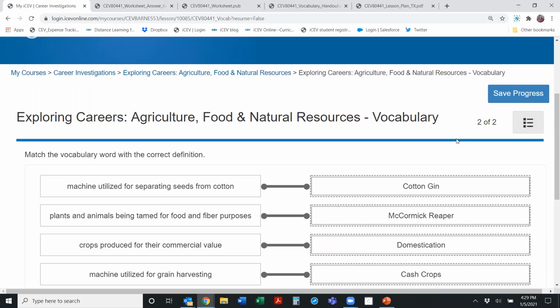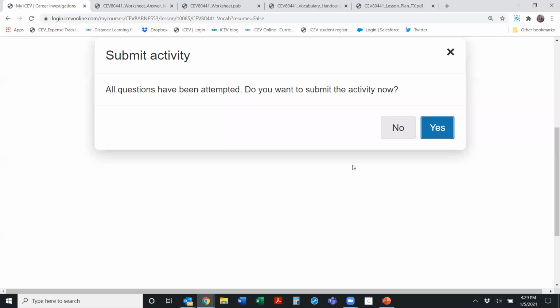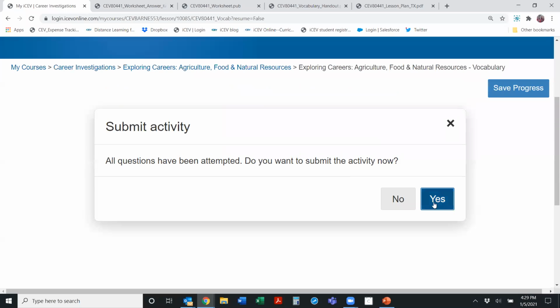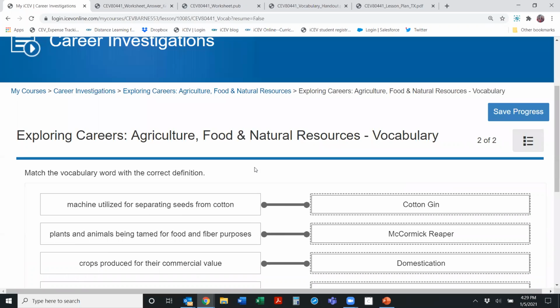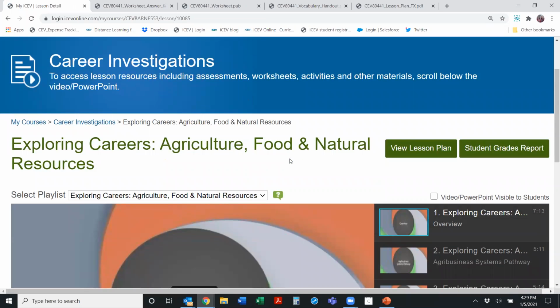If there was a fire drill, or if mom called to them and said, I need you to take out the trash, they would automatically come back and be able to pick right up where they left off. Even if their computer crashed, it's automatically saved. I'm not going to submit this when I finish, but that's what it would look like for the student. They would click yes, and it would submit it and show them whether they got it right or wrong. There's even an option where after they submit it, you could let them see the corrected answers, which is so valuable for the learning process.